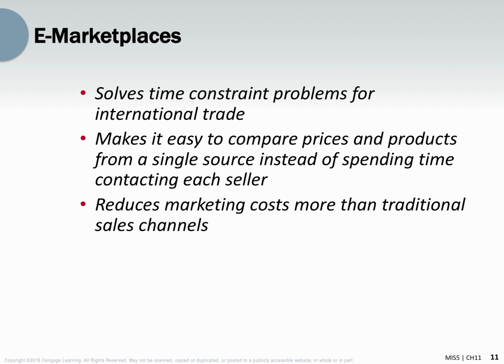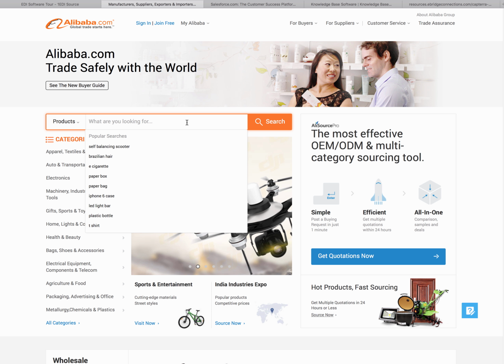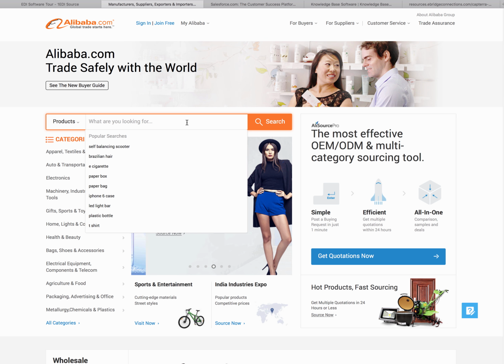It makes it easy to compare prices. We talked about that, and reduces marketing cost. And an example of this is Alibaba. Now, you've probably heard of this site before. They just went public a couple months ago and turned the millionaire owners into gazillionaires, or billionaires, of course. But what Alibaba does is it allows you to look for something that you want to produce and then quickly see who makes it. So let's just take a look at blue jeans